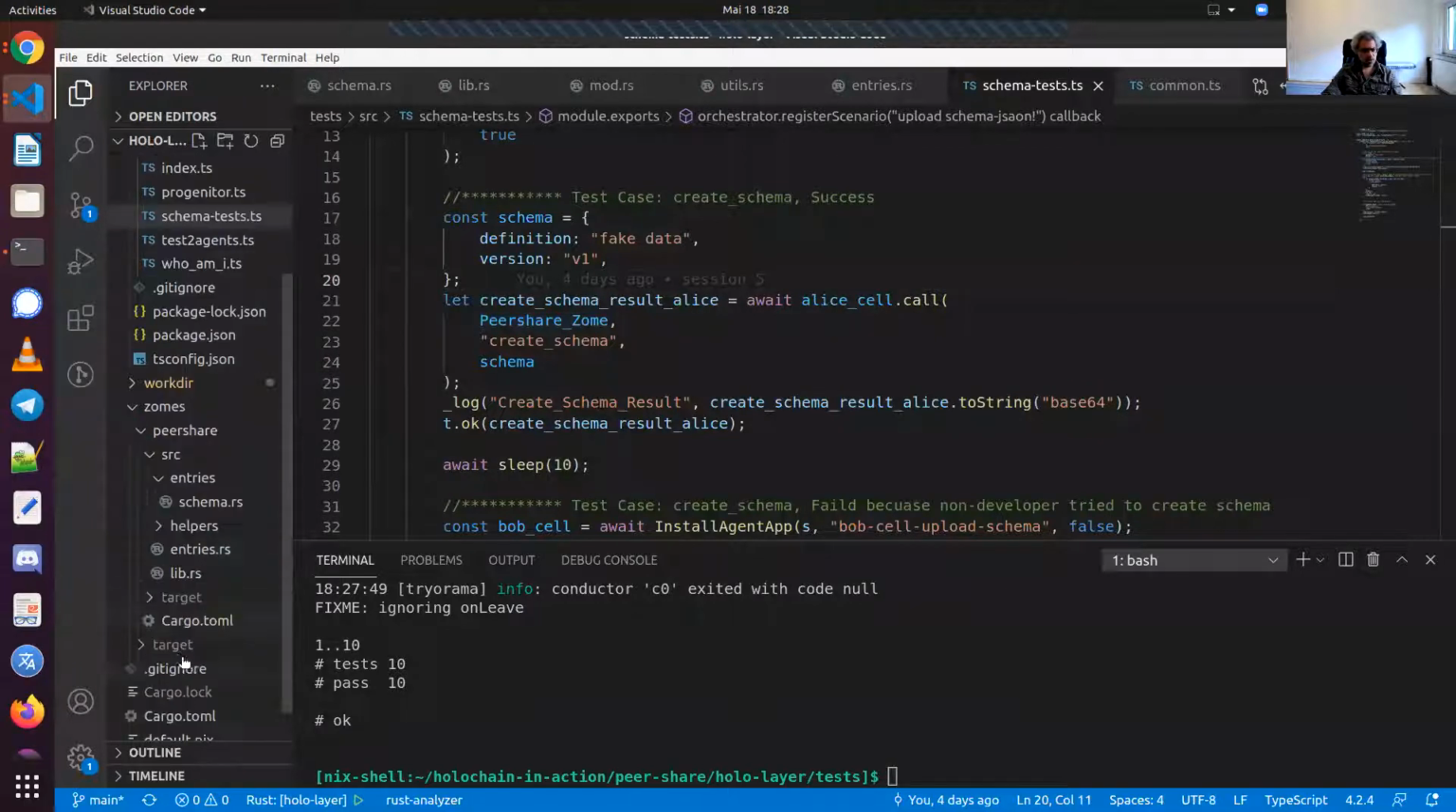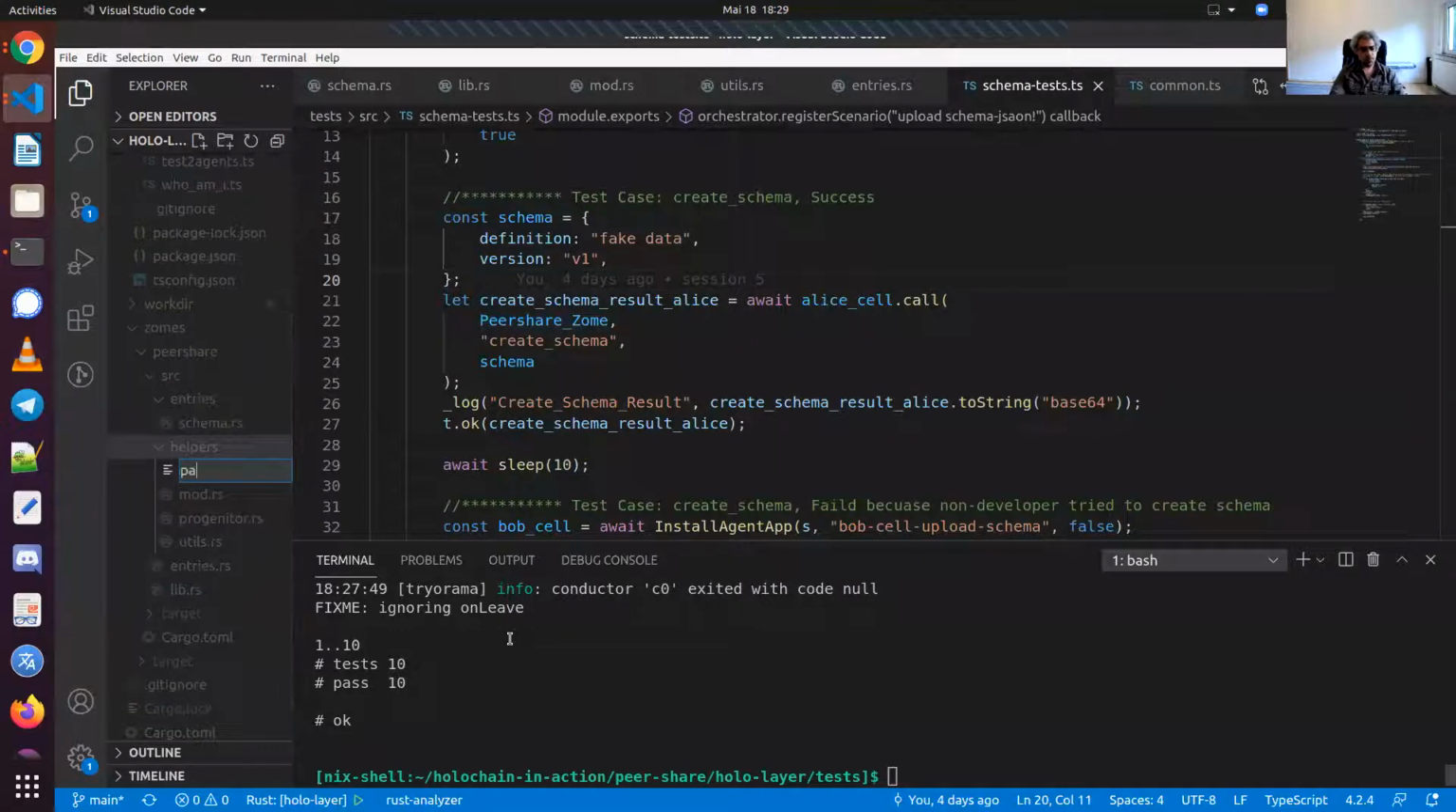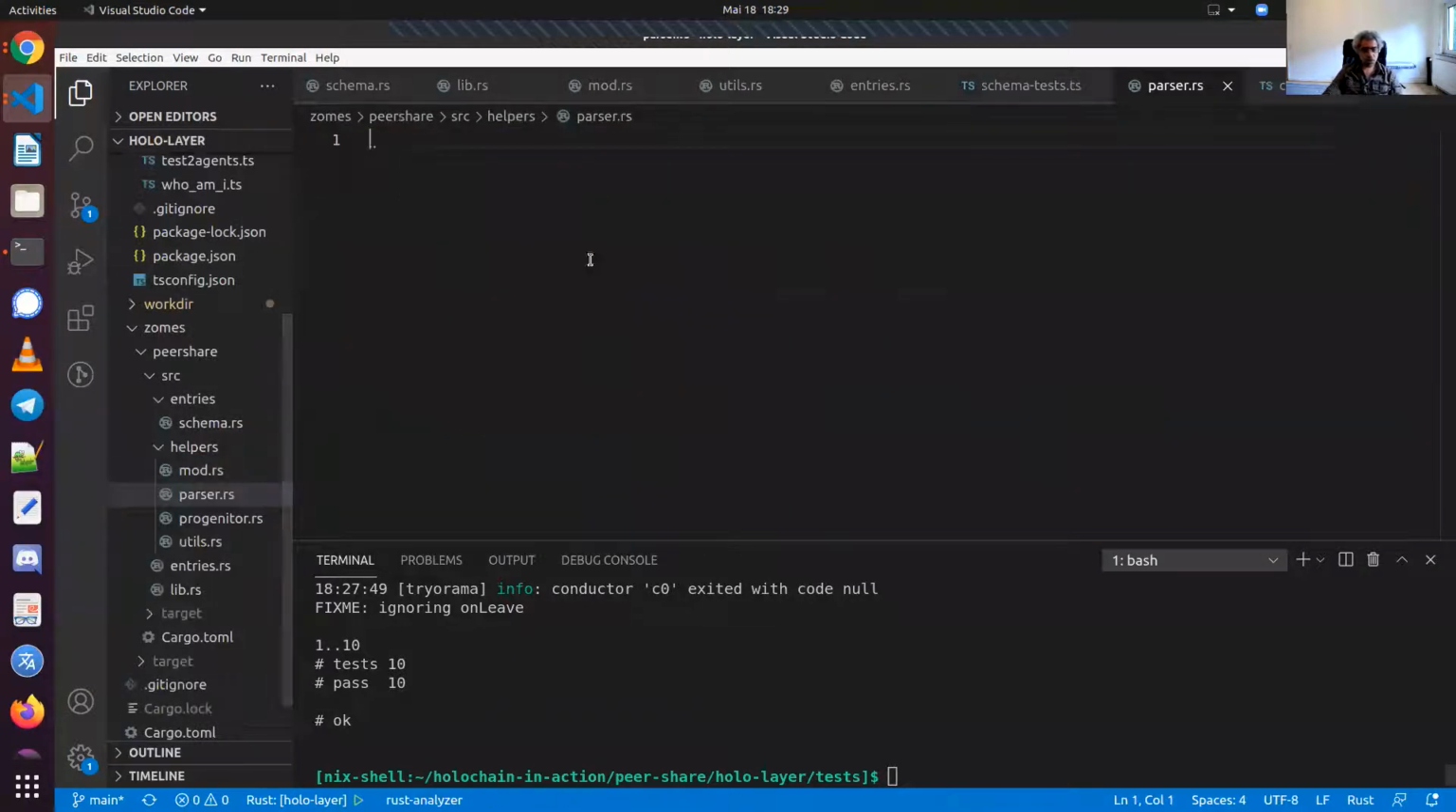So here I'm going to implement a helper, actually, let me call it parser. Parser. What is the parser? We are going to see. First of all,